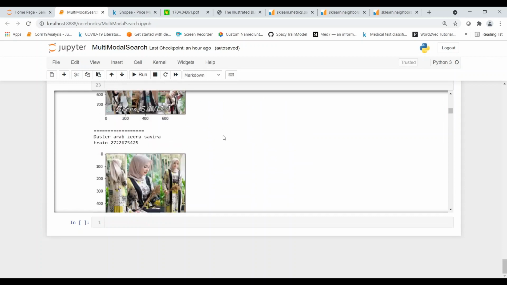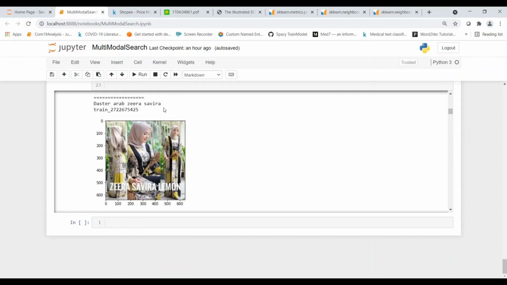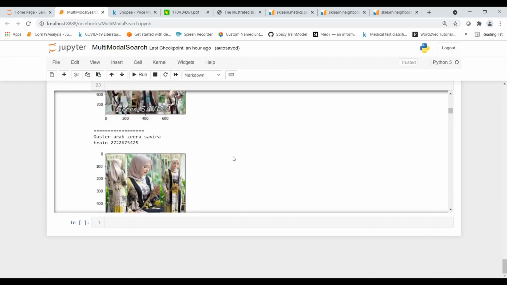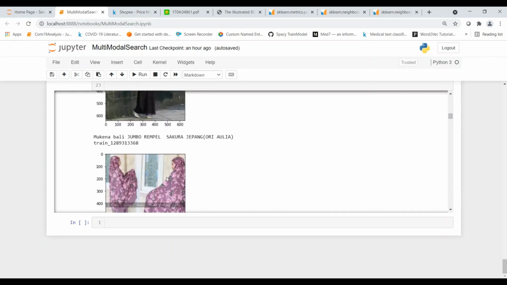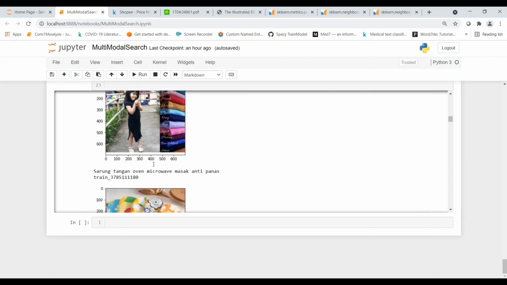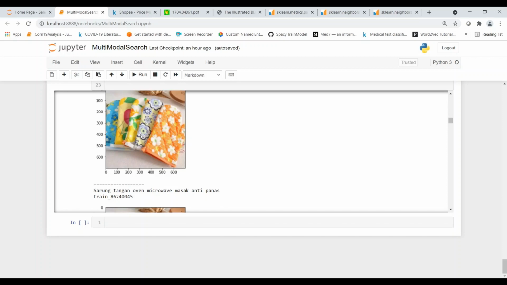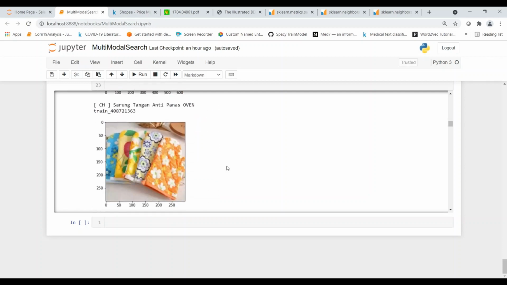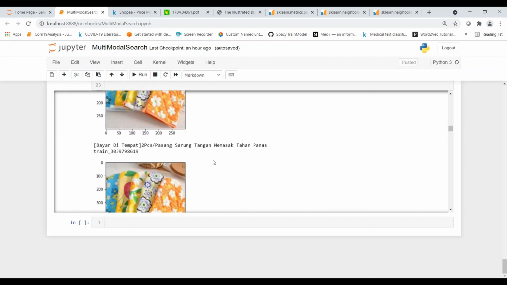Now let's take another example. This is for some other kind of dress. This is our input query, the text plus the image. Here you see that it kind of matches, for the same dress but different colors. Again, some kind of false positive. But this is some microwave glove or something like that. This is our input image and text description. If you see over here, it kind of matches. Most of the descriptions are slightly different, but it matches quite well.